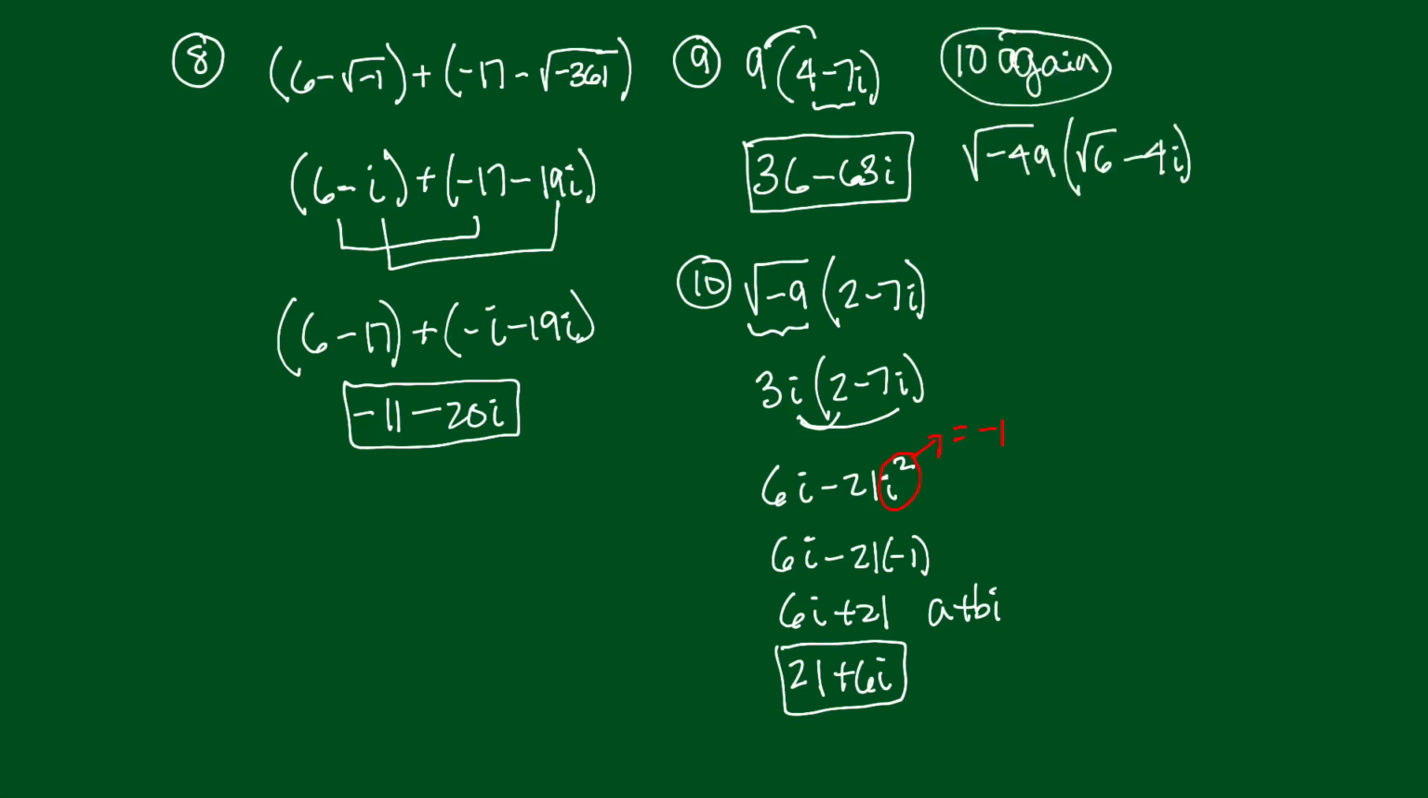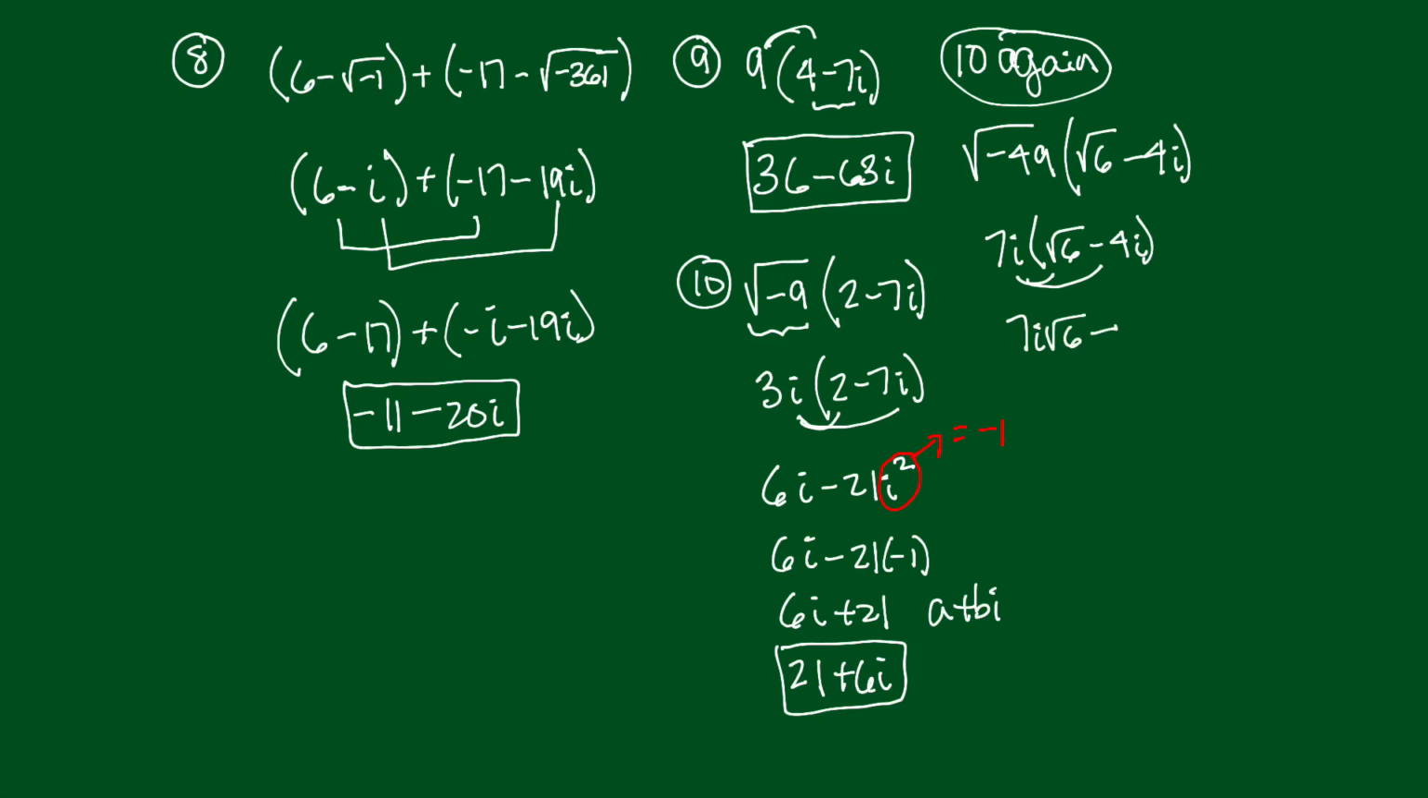I'm going to do another one that's similar to number 10. Square root of negative 49, well, square root of a negative, I'll get an i. Square root of 49, we know, that's a 7. So how about 7i times square root of 6 minus 4i? Now, just multiply through using the distributive property. So I'll get 7i times square root of 6. Square root of 6 I can't do anything with, so how about just 7i square root of 6, and then